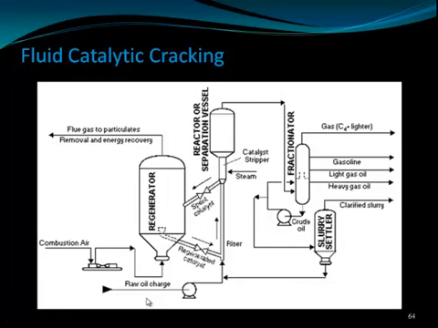Here the raw oil charge is sent to the catalytic cracking, where it will be cracked. The regenerator will regenerate the catalyst so that we can use it again. Then the gases separated in the cyclone come to the fractionator. The fractionator will fractionate the gas into C4 and lighter, then gasoline, then light gas oil, and the heavy gas oils. And the regenerator will regenerate the catalyst, which is again sent to the reactor separation vessels, where the catalytic cracking takes place.